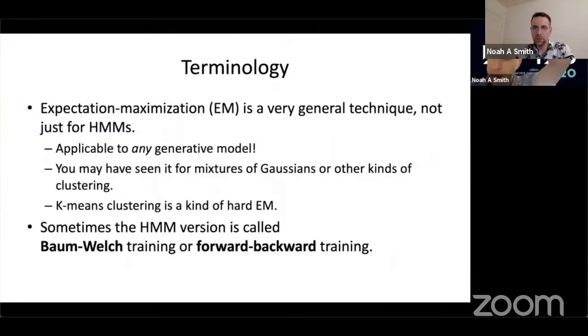And very often people that I've taught in this lecture or in other NLP classes have seen the EM algorithm applied to mixtures of Gaussians or other kinds of clustering models. And in fact, if you know the k-means clustering algorithm, you can interpret it as a kind of hard expectation maximization. So, you know, the connections among methods and algorithms in machine learning are often surprising. And I tend to think that different ideas in machine learning often lead us to very similar approaches, and I think that's something worth noting,